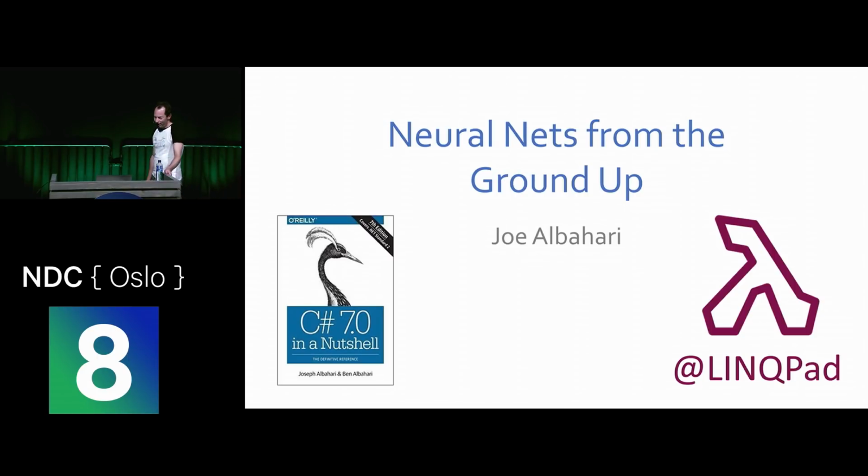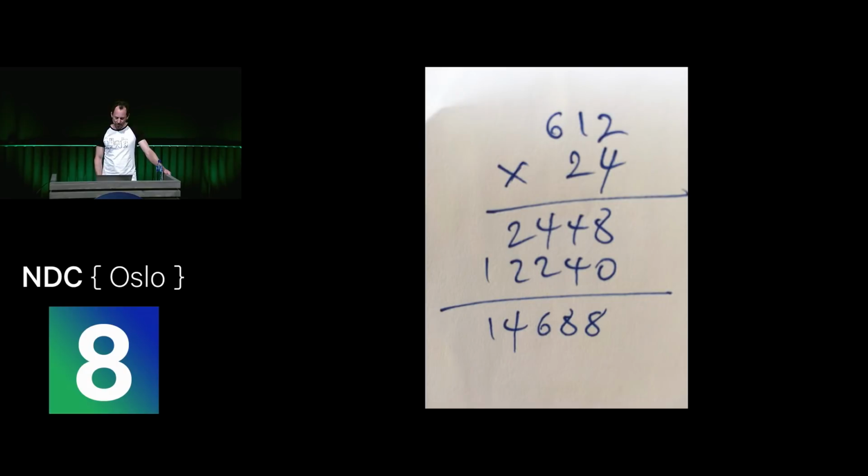So I want to ask, who remembers doing this as a kid? Long multiplication is something our parents or teachers taught us to do, and they programmed us to do this in the same way that we program computers, right? So they pretty much fed us an algorithm. You multiply this number by this number, and you put this digit here, and you add these things up together, right? That's an algorithm.